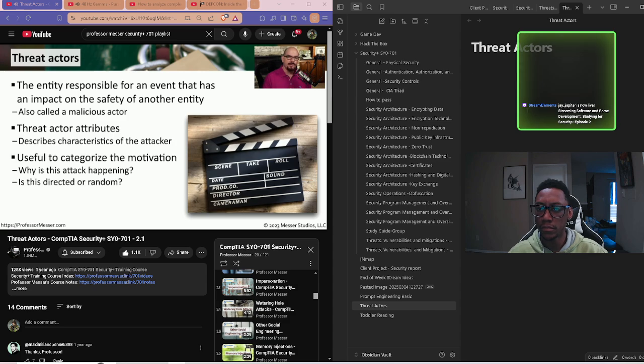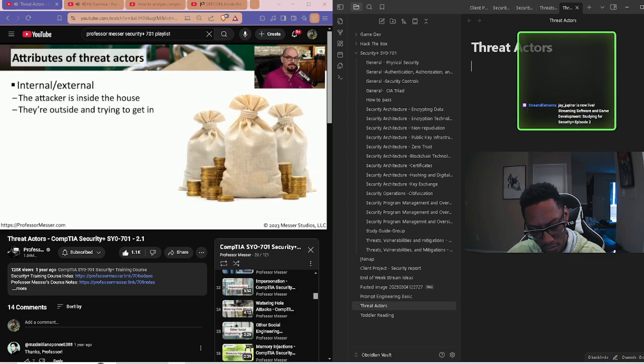When you refer to an attack or you're doing research on an attack of your organization, it's useful to know who the threat actor is. This might help you get a better understanding of why this attack is happening and what their ultimate goal was in performing this attack. Attackers can come from anywhere. Sometimes the attackers work for your organization and they're inside the company itself, or they may be outside the organization trying to gain access through a number of different public resources.